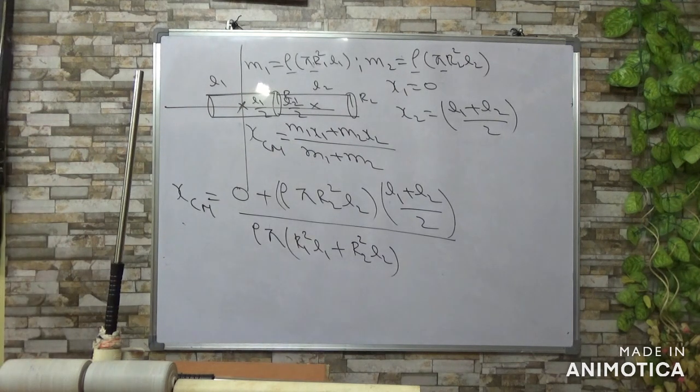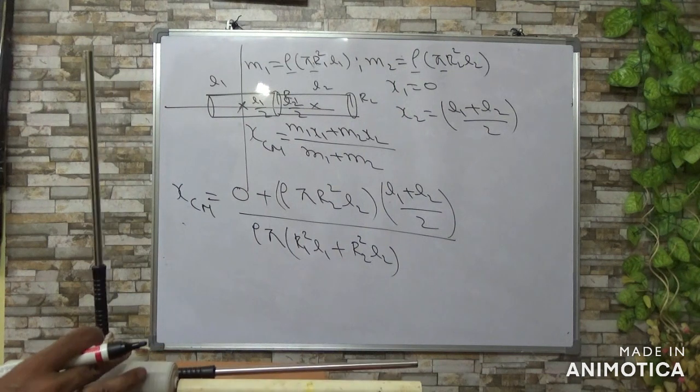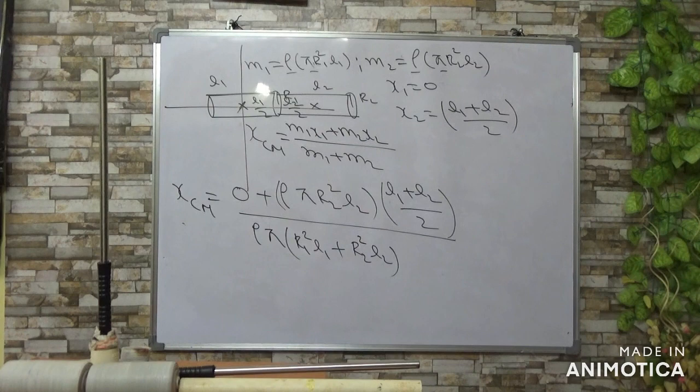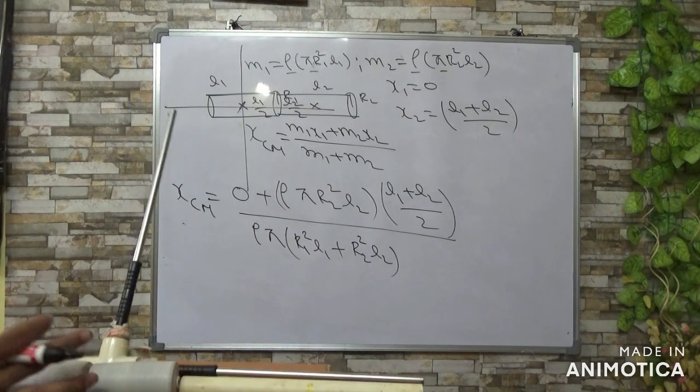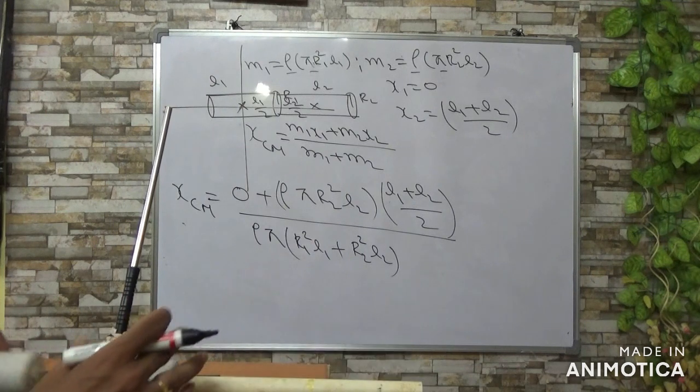So here you have taken two cylindrical bodies, the first one of radius R1, the second one of radius R2. How are you finding the point of center of mass? Very simple. The first body's center coincides with the origin, then you can find the points of center of mass. Now about the next one.